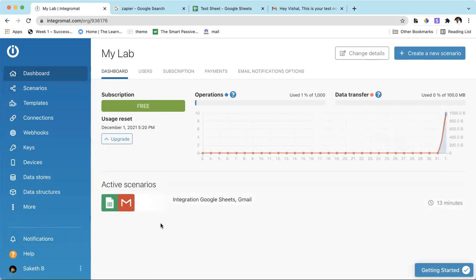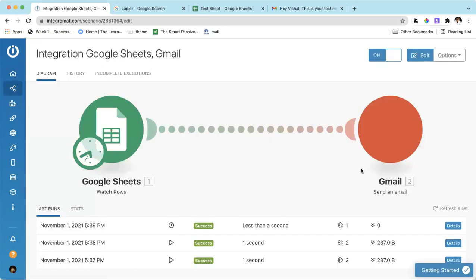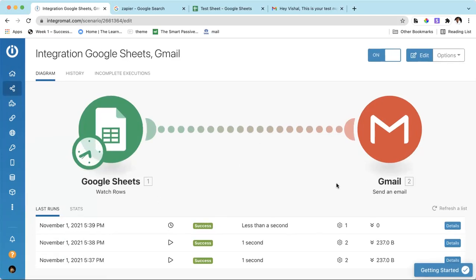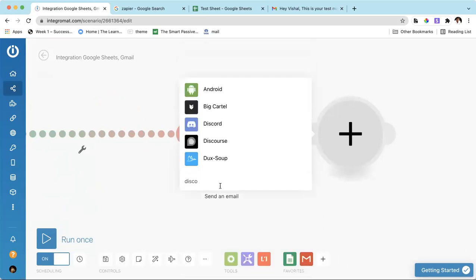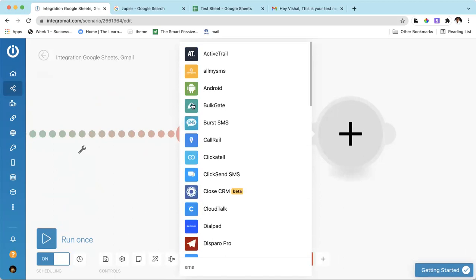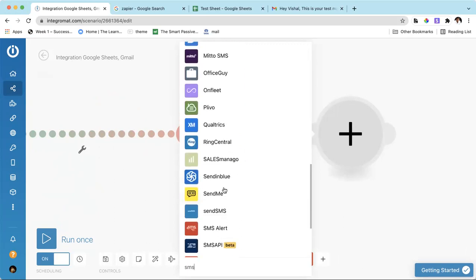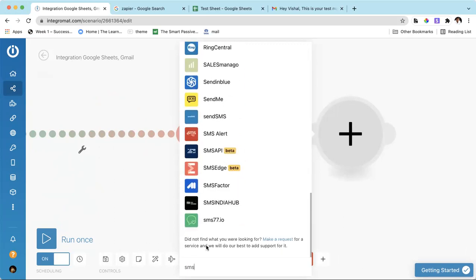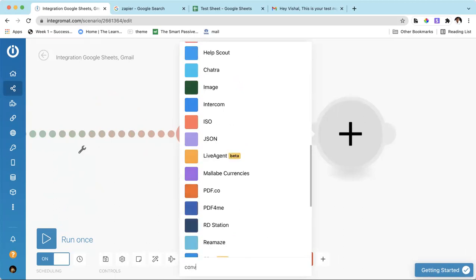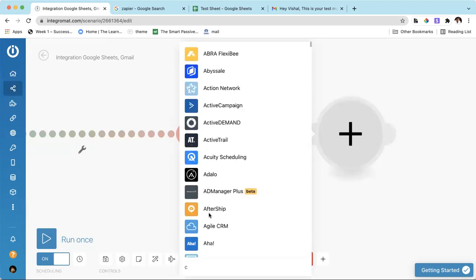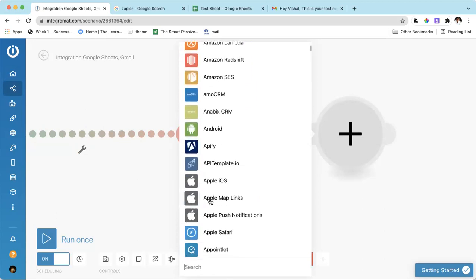Now this is how you can connect to different platforms, different accounts. Okay, let's see other examples. You can also connect to various platforms like Discord, SMS. You can also connect to SMS, cloud, CRM, the APIs. You can also connect to WordPress. See, these are SMS APIs. MailChimp, you can connect to MailChimp, ConvertKit. So you can also connect to Agile CRM tools, sales management tools, etc. Everything.